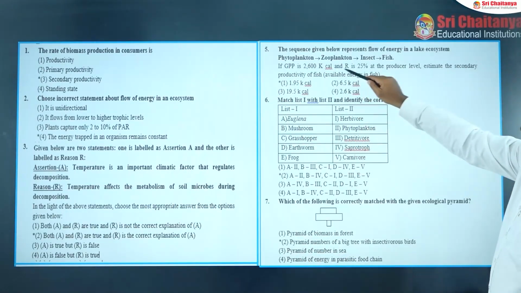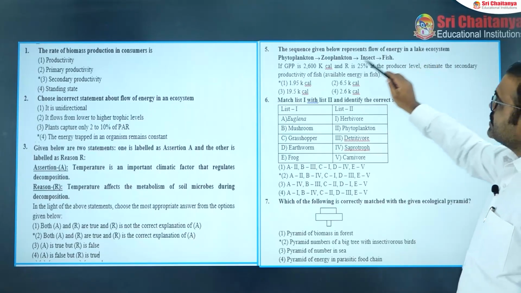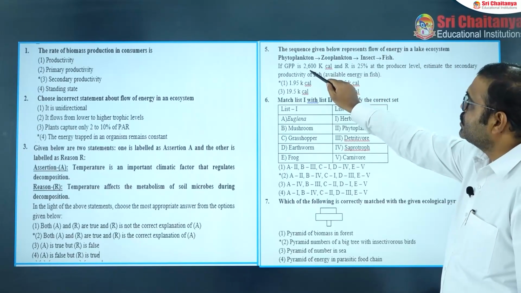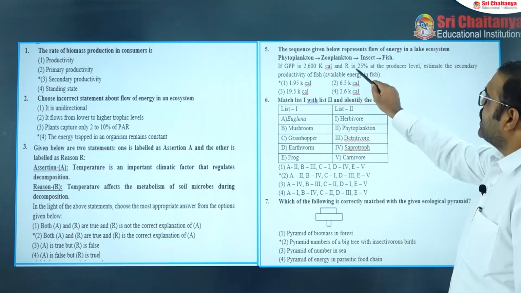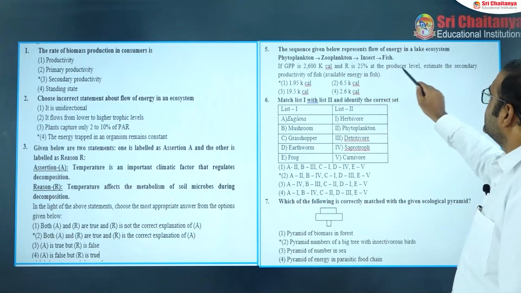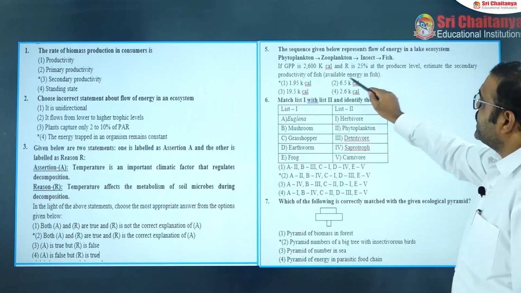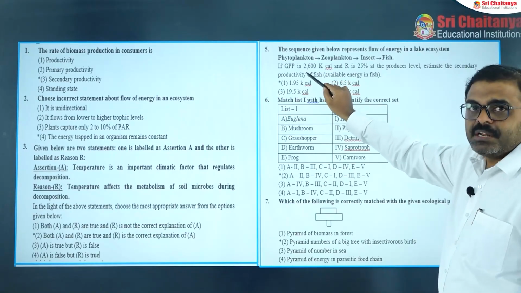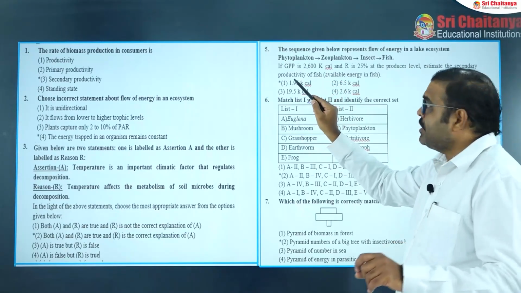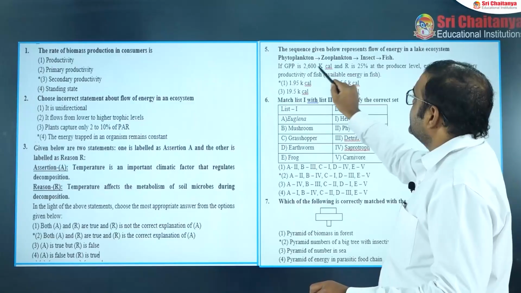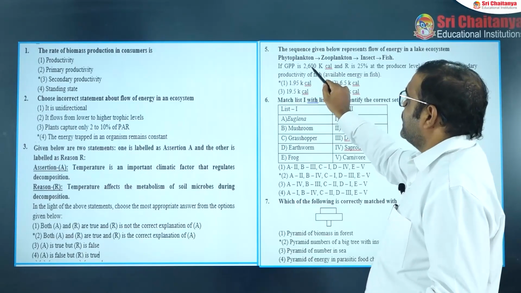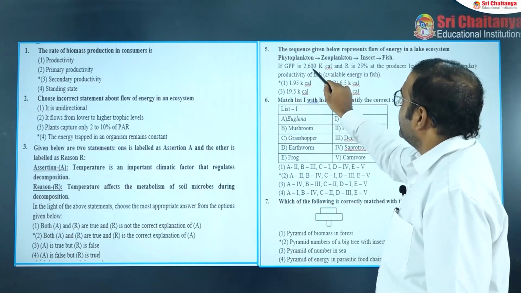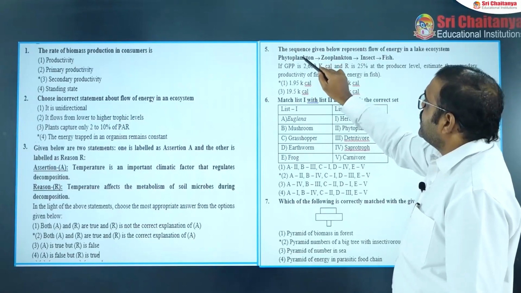Next one is the sequence below, the representation of energy in the lake ecosystem. The GPP is 2600 kilocalories and R value is 25%. Then at the producer level, what is the energy available in the fish? So here, if GPP is 2600, then if R is deducted, NPP will be 1950. 1950 will be available in